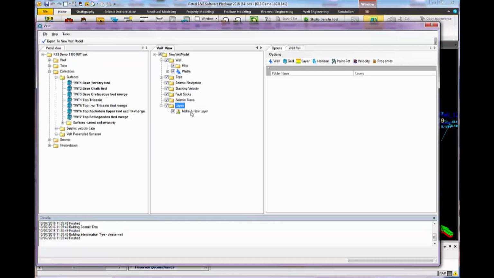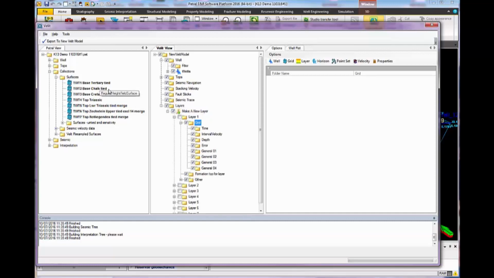In opening the surfaces folder here, we'll see that we have 7 layers, and we can click on make a new layer, and I'm clicking this 7 times, and as you can see the folder is populating with 7 layer folders. So what we're going to do here is drag and drop the surfaces from the left hand side into the corresponding time grid folder,